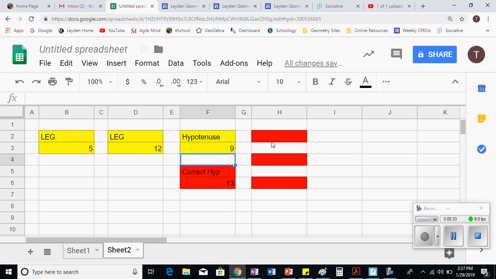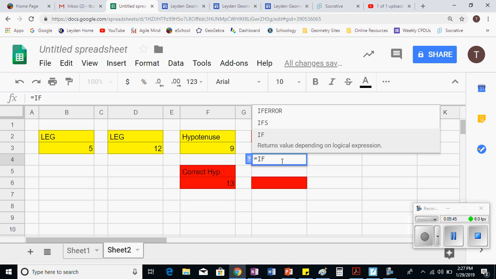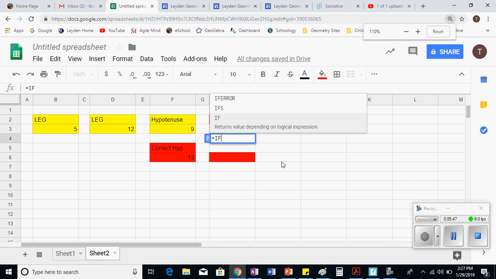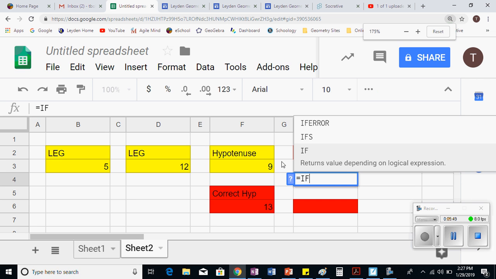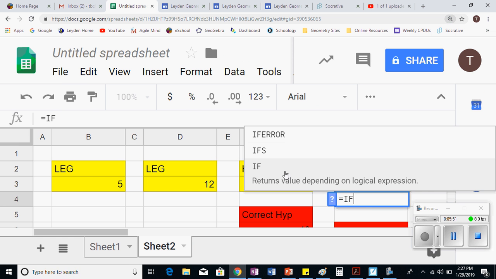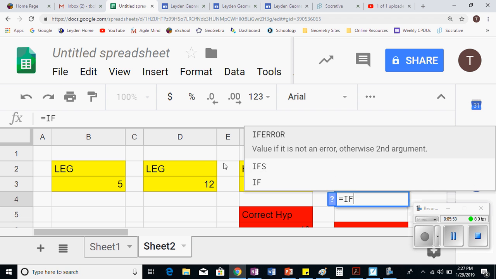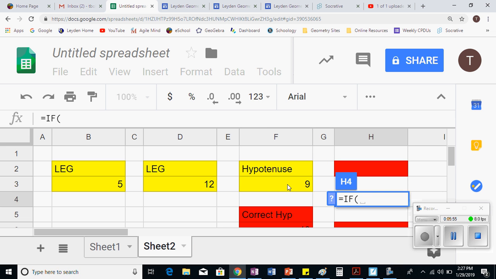We're going to do the same thing here for an obtuse triangle, where if I have this number here, that in my case is 9, if that's too big, I want to say the word obtuse. So I'm going to this blank, and hit equals, and it fits the same format. We start with if. Let me zoom in so you can see this. If, parentheses, and I want to compare those two boxes again. I want to say this box, which is F3, if this is too big, if it's greater than F6,